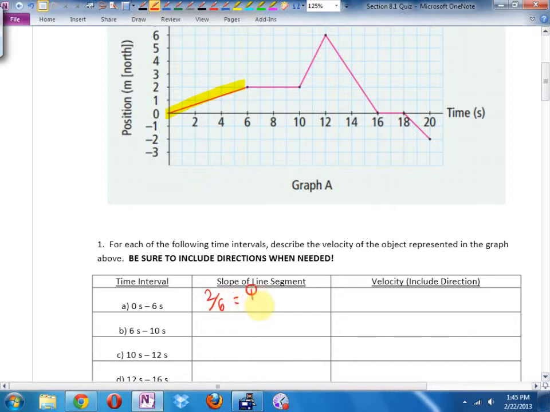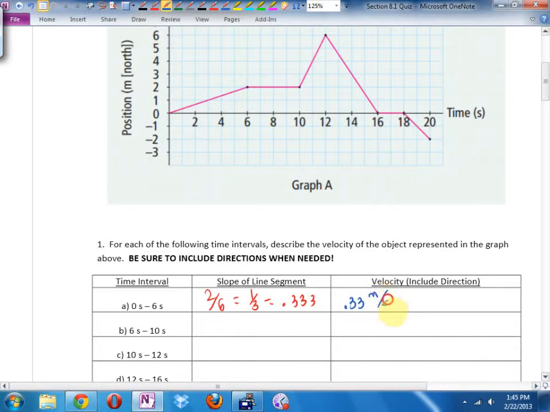Or in lowest terms, 1/3, or as a decimal, 0.333333, repeating. I find it easier, Emily, to draw a little slope triangle, kind of like that, and that's 2 up, and it's 1, 2, 3, 4, 5, 6. There's my rise over my run. The velocity is going to be 0.33